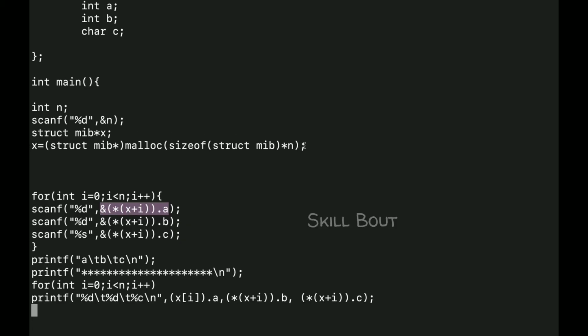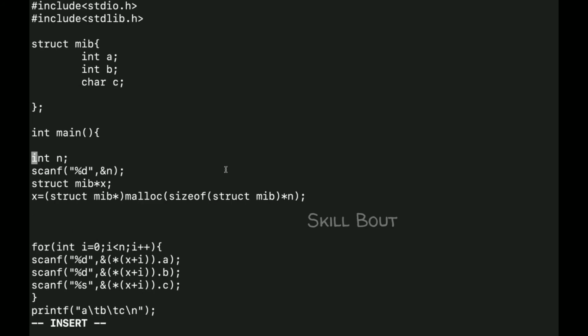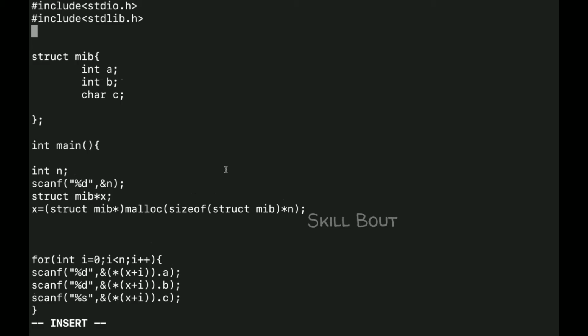Guys, this topic, you can tell it as dynamically creating a structure of n number of blocks. You can tell it like this. Look onto this, the topic which I am going to be discussing is quite related to this. Let me tell you one topic. I'll be using one keyword called